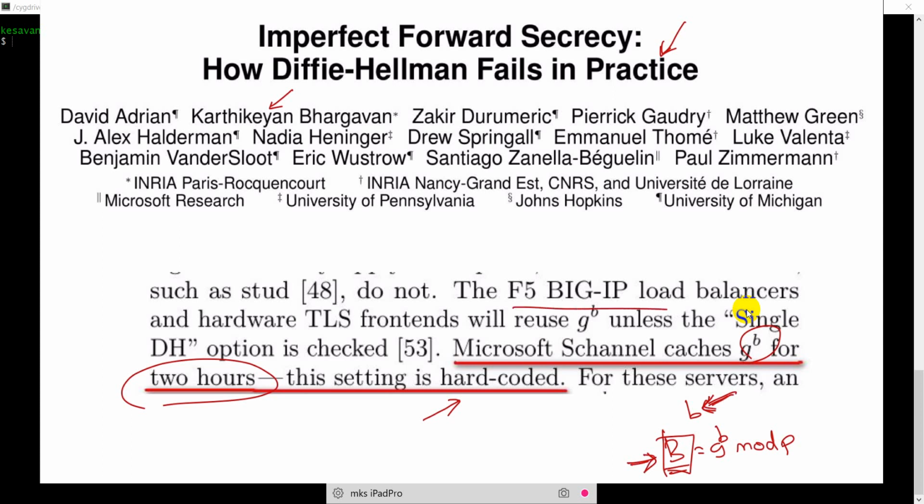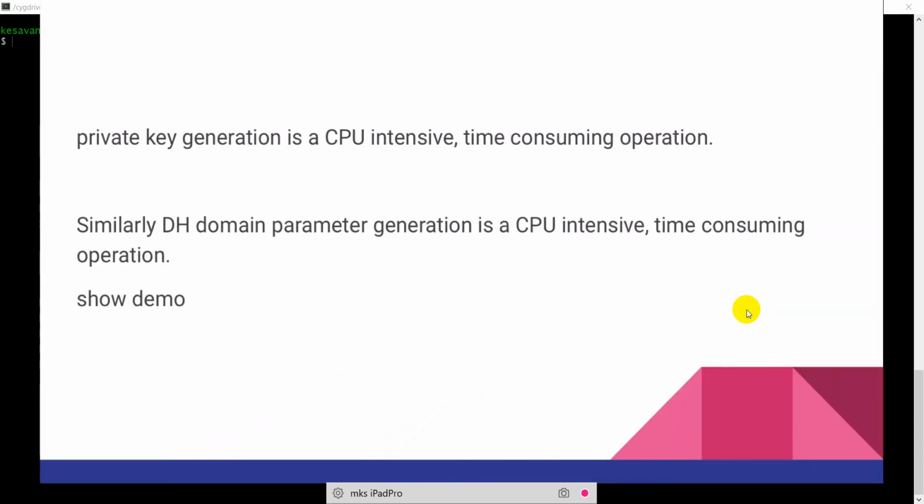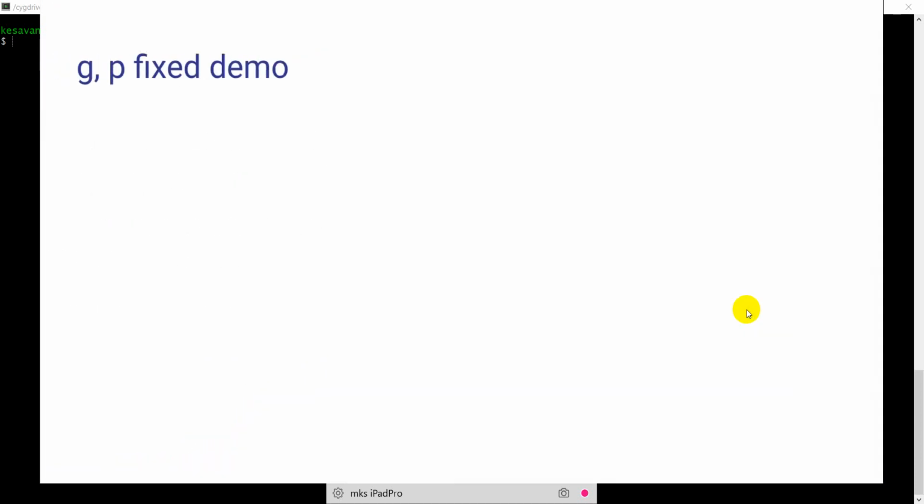So let's see a quick first demo. We are going to see how the F5 Big IP is reusing the generator value G and prime number P for multiple connections.